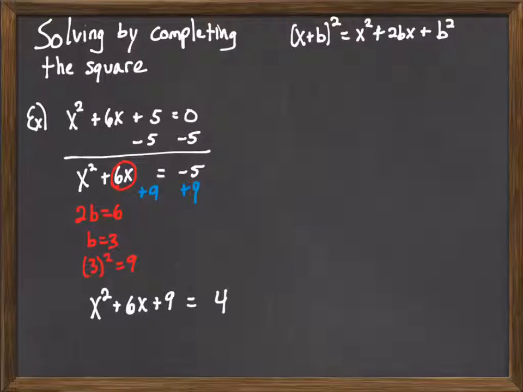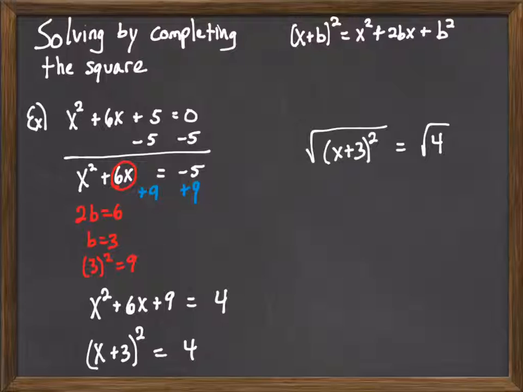Now because x squared plus 6x plus 9 is a perfect square, we can factor it. And this is where our having completed the square now becomes helpful, because we have something squared equal to a number. In a previous video on using the square root property to solve equations, we solved a problem like this. The idea is that now that we have something squared equal to a number, we can take the square